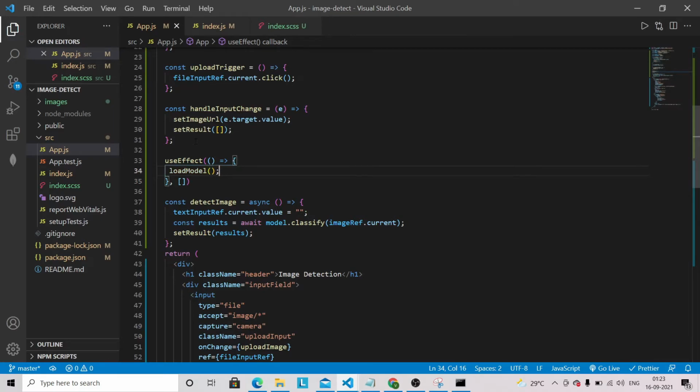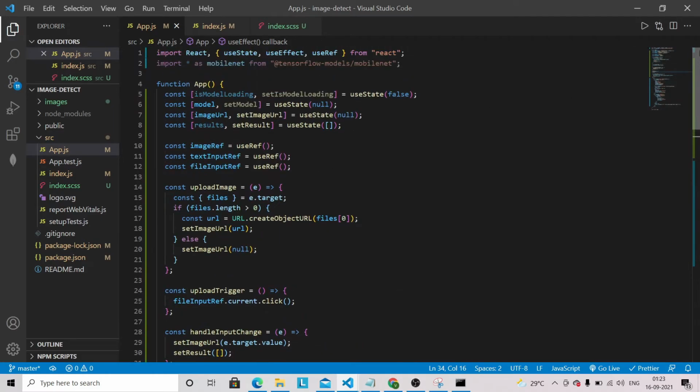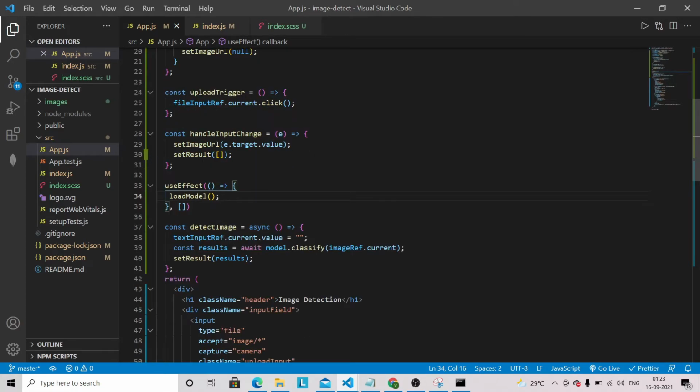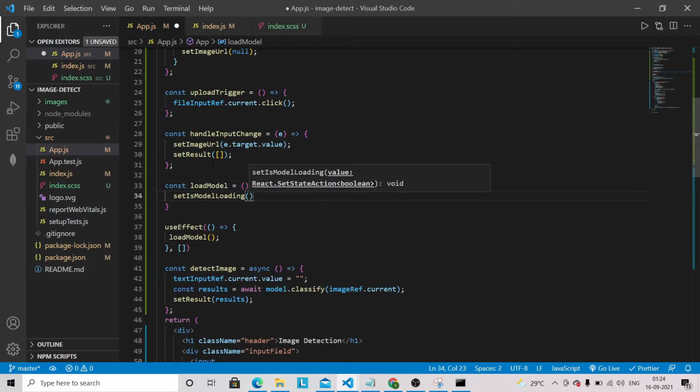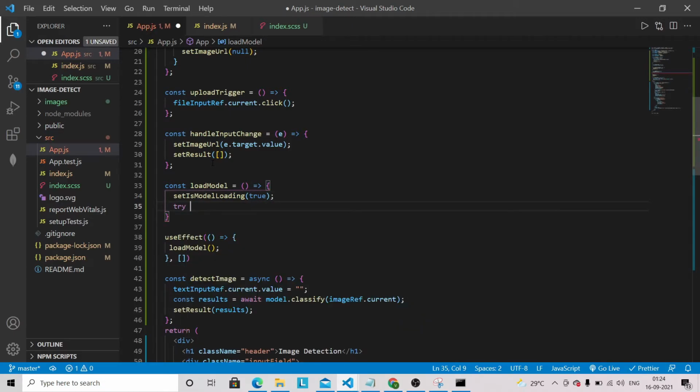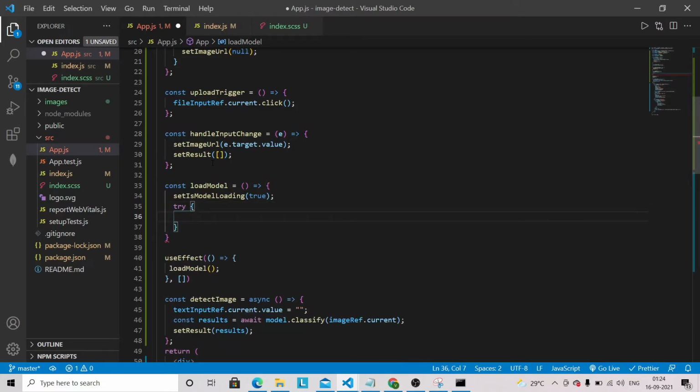So we have to define this loadModel. So let's define this loadModel here only. So const loadModel. So setIsModelLoading will be true. So let's set it to true, and try. We are going to use try catch here.